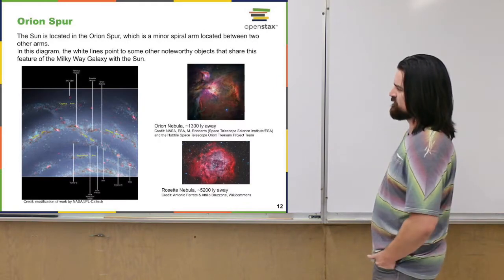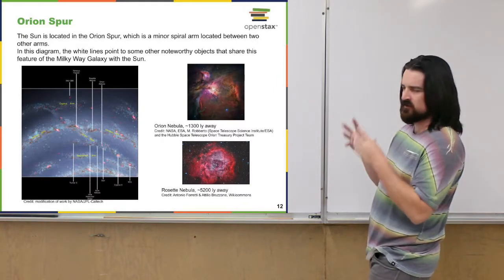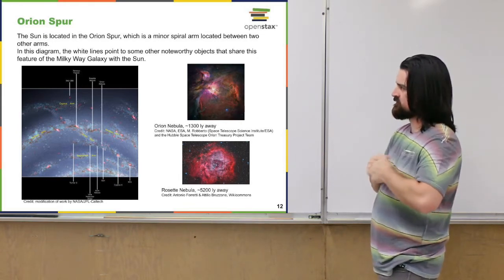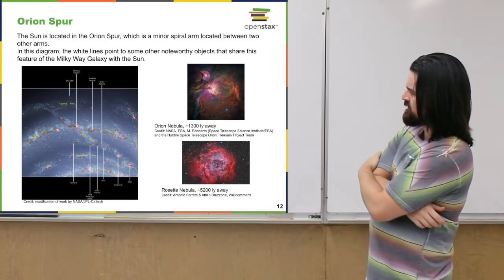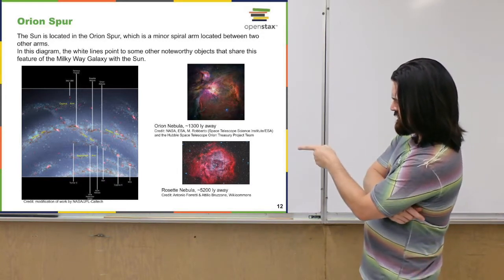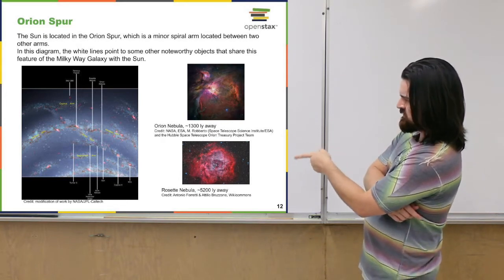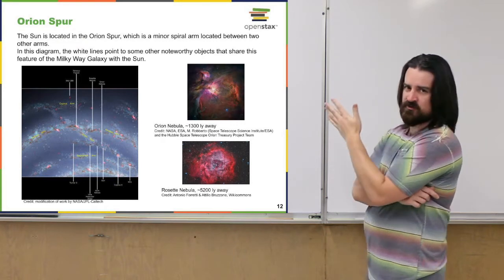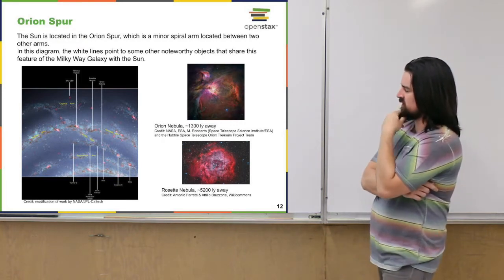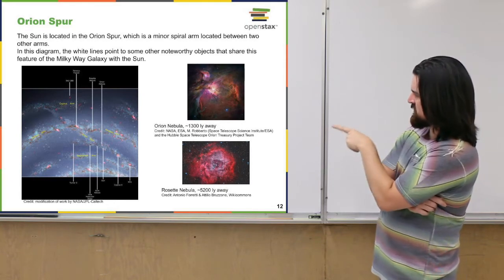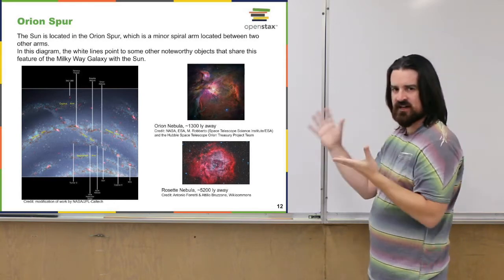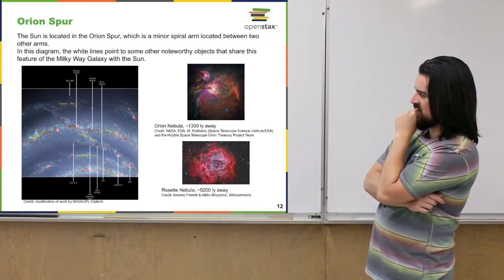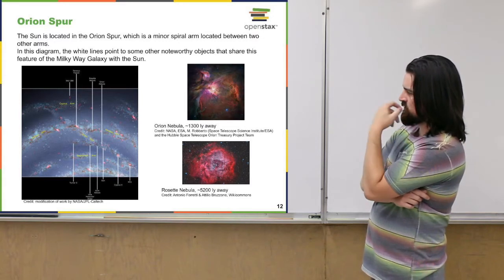And this is just a closer look at our neighborhood, which would be that Orion spur that we're located in. There's the picture on the left there of the spur, and our sun is indicated, towards the bottom right of all that stuff. And then a number of other objects are also indicated there. The Orion Nebula is actually fairly close to us, in terms of galactic sizes, only about 1,300 light years away, and it's indicated on the image there, pretty close to the sun.